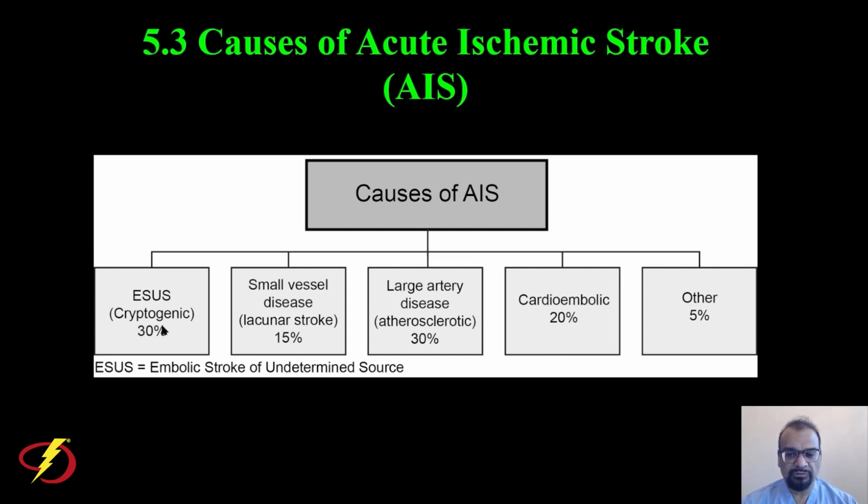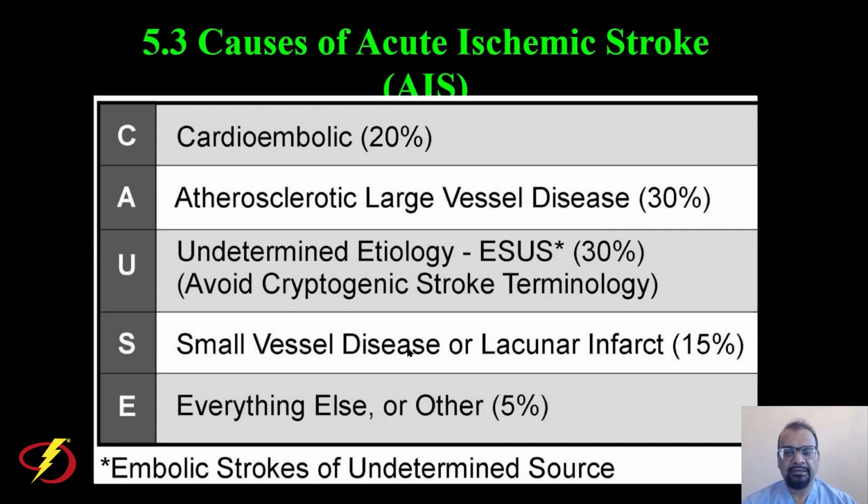It's the newer term for cryptogenic stroke. So we see that the vast majority of all stroke is of undetermined etiology, embolic strokes of undetermined source, and atherosclerotic large vessel disease, followed by cardioembolic stroke, followed by small vessel disease, and everything else,